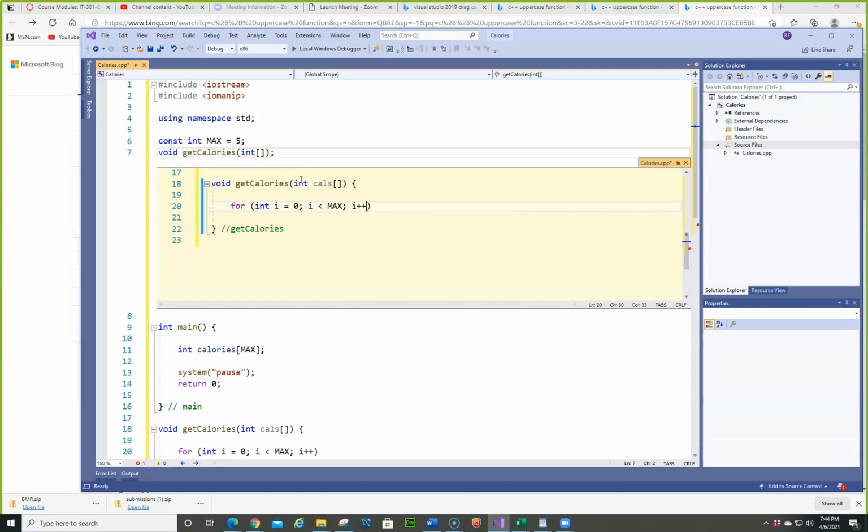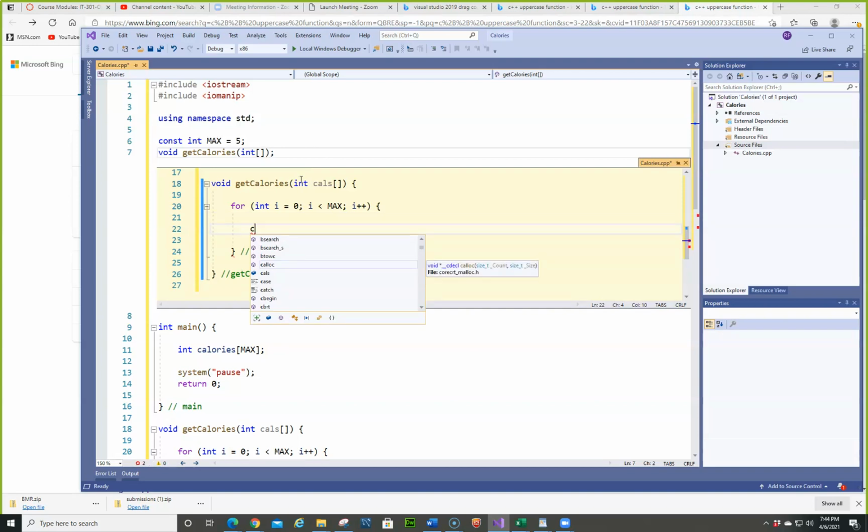Get rid of caps lock, i++. So do enter, and we're gonna spice it up a bit. cout, enter,